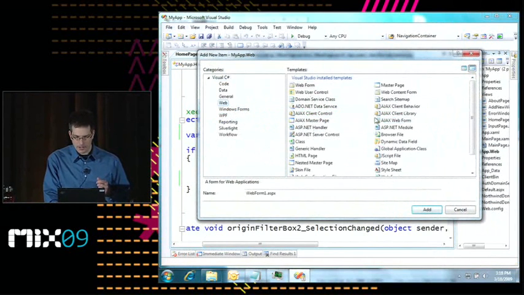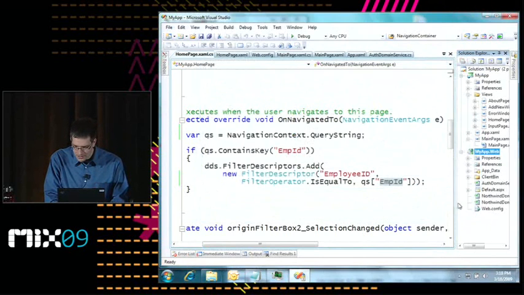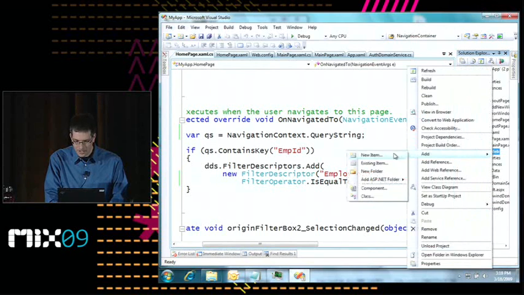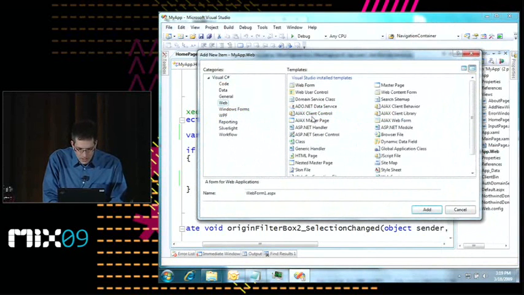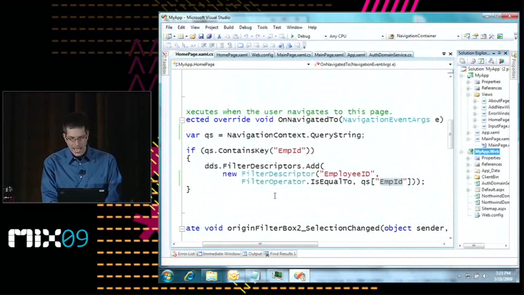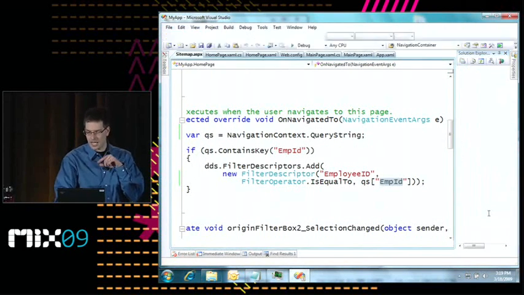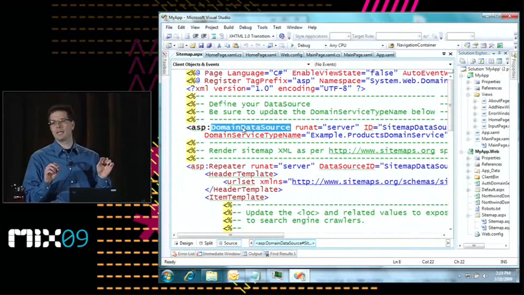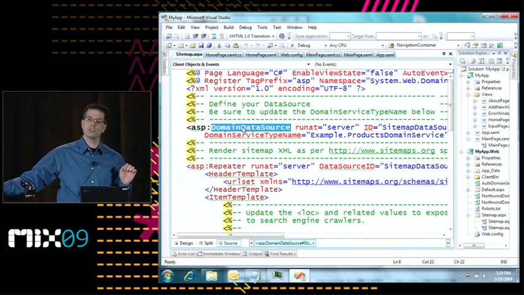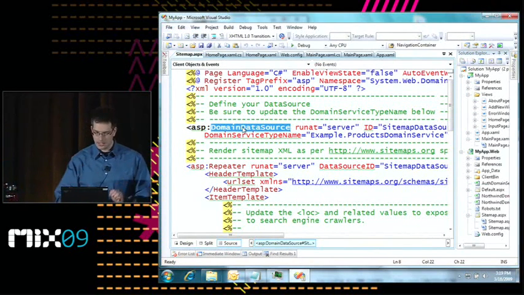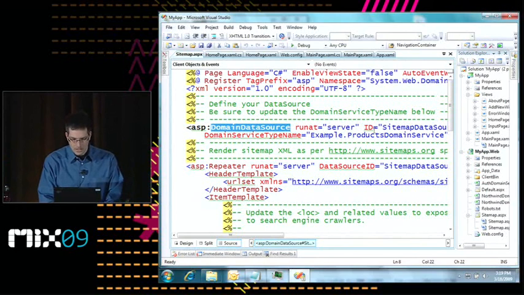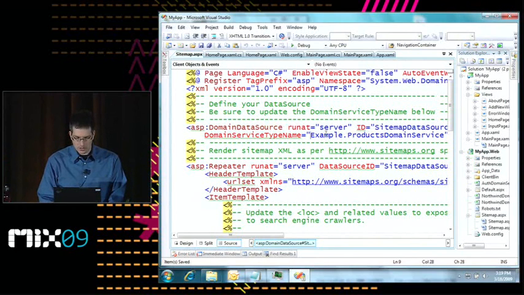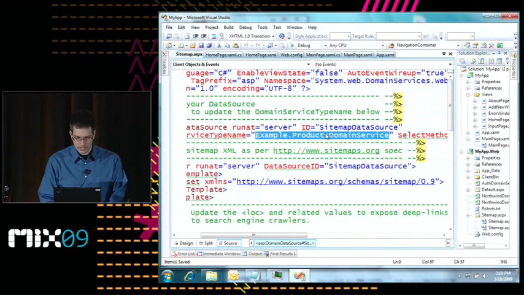So we'll add a new item. We'll go to web. If you have .NET RIA services installed, am I in the right place? Web, add new item. We should find search sitemap. So we add a new sitemap. Notice that added a robots.txt and a sitemap. And now here is an ASP.NET domain data source control. Before I was showing you the Silverlight domain data source, this is the one for ASP.NET. And so now what we can do is, we don't want this. What we want is